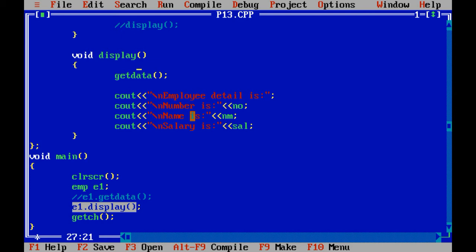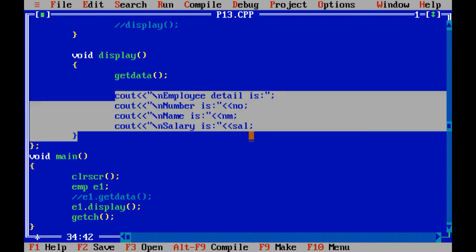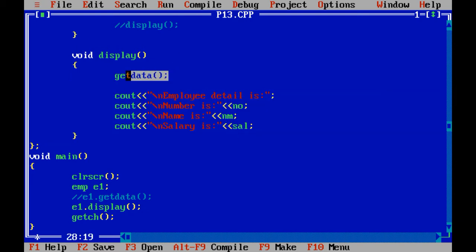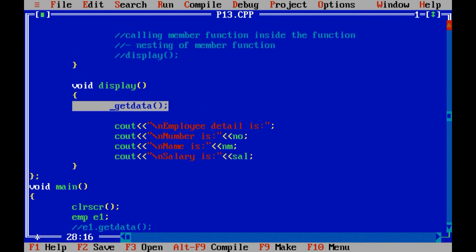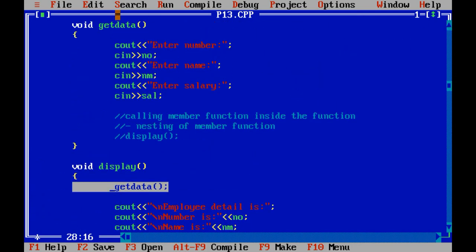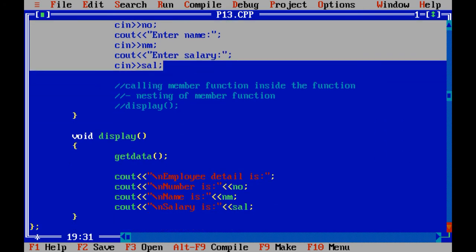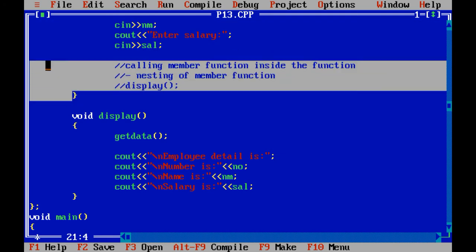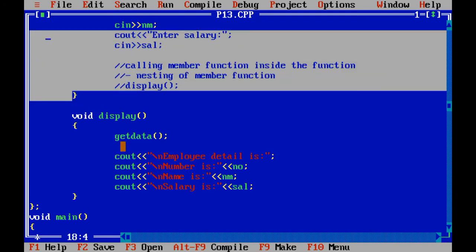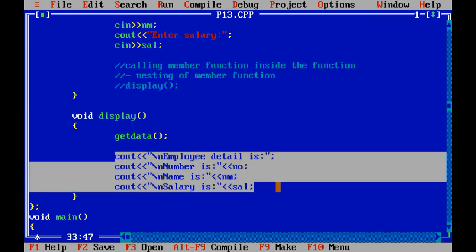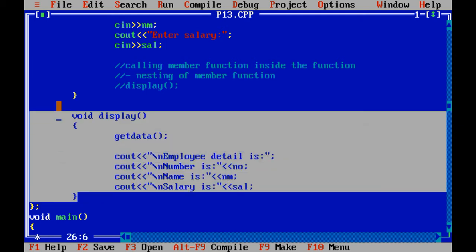In the display function again we are going to call the get data. So before executing this code it will jump into the get data function. So now it's time to execute get data. It will ask to input 3 values, and then after completion of this code it displays the employee detail on the screen. After that the display function is over.